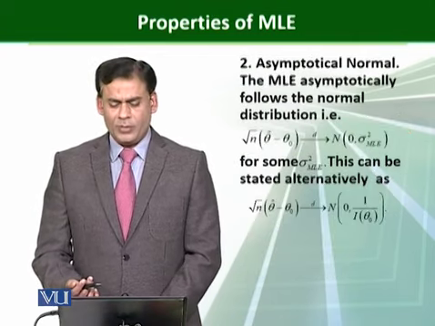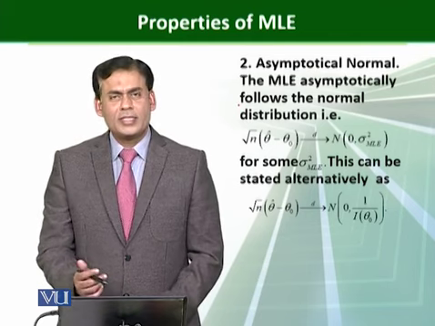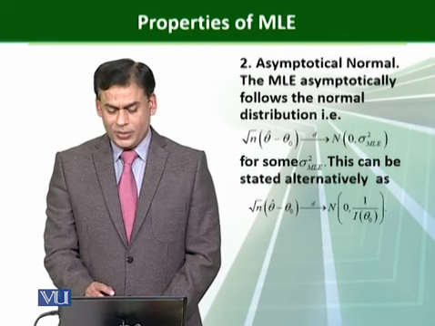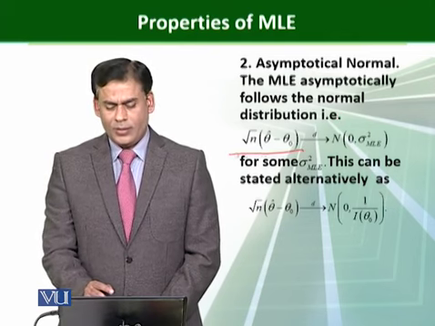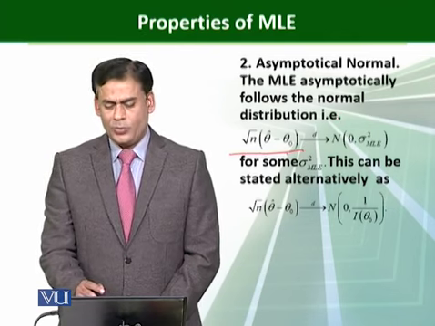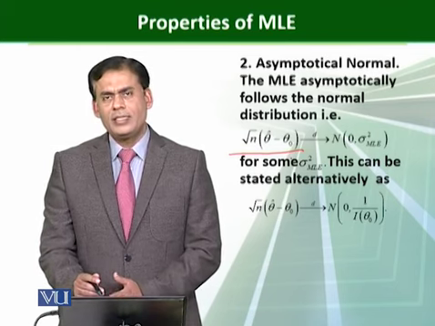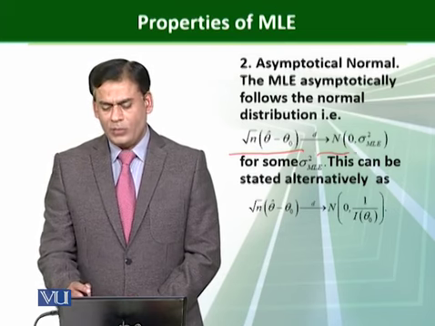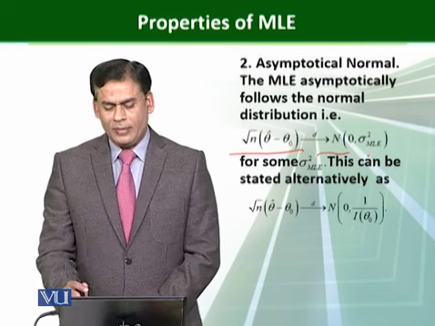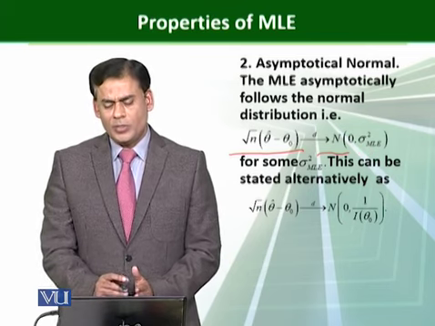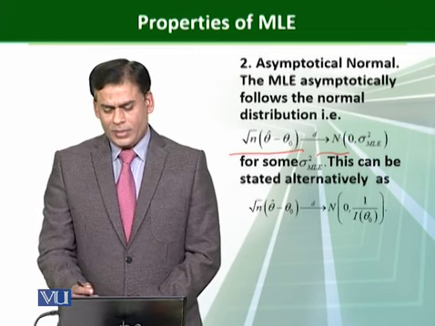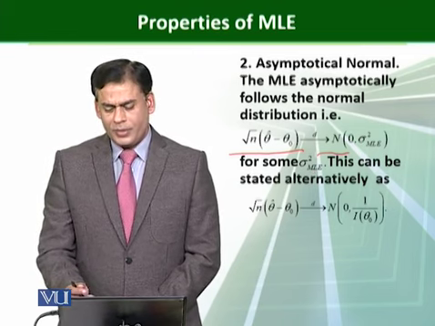That is a very famous property obtained by using the central limit theorem. The MLE asymptotically follows the normal distribution, that is, root n times (theta hat minus the true value) converges in distribution to a normal with mean 0 and variance sigma square of MLE. So this property is attained by using the central limit theorem. For some sigma square MLE, this can be